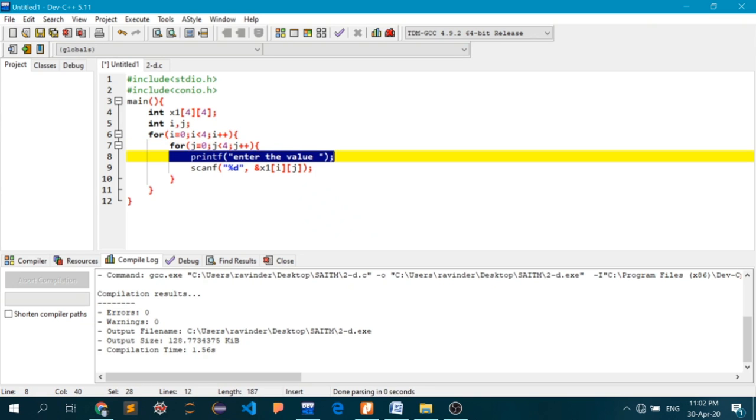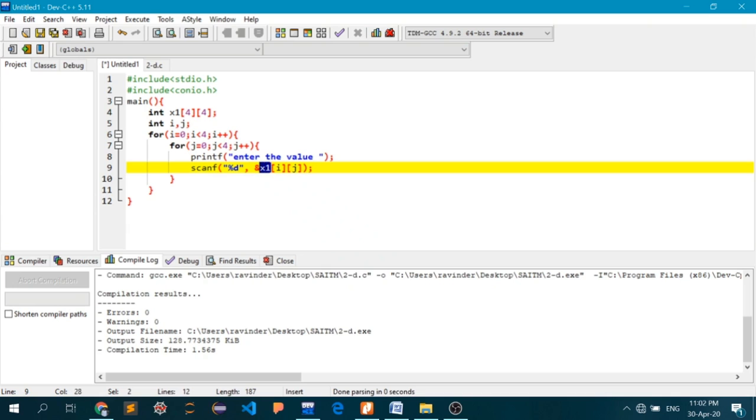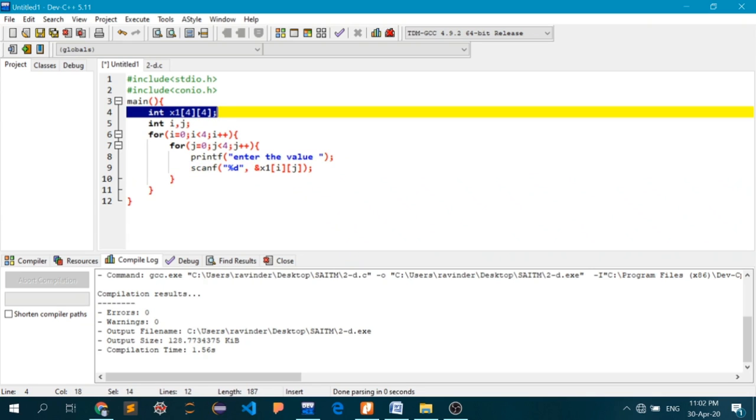That is, your console will show a string saying enter the value. So now it's asking you to enter the value. Whatever you are going to type through your keyboard will be assigned to this particular memory location that has been assigned by the compiler when we declared the array.